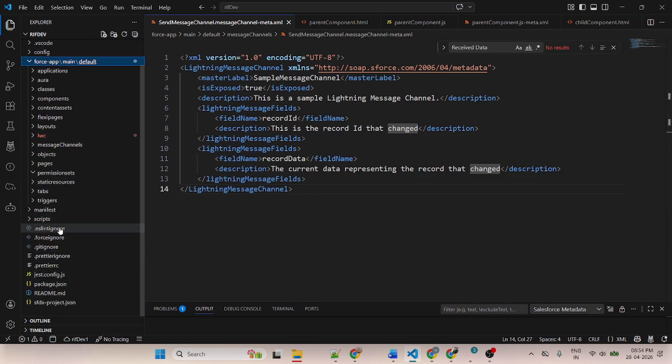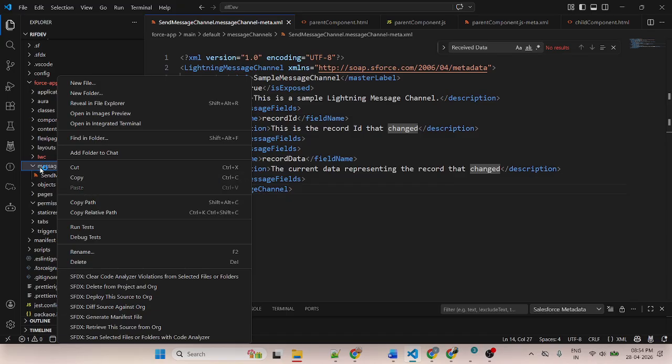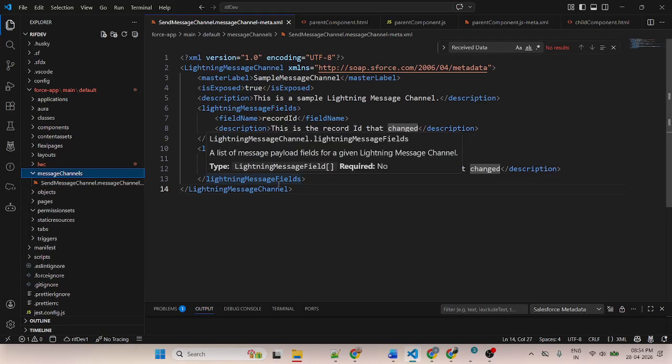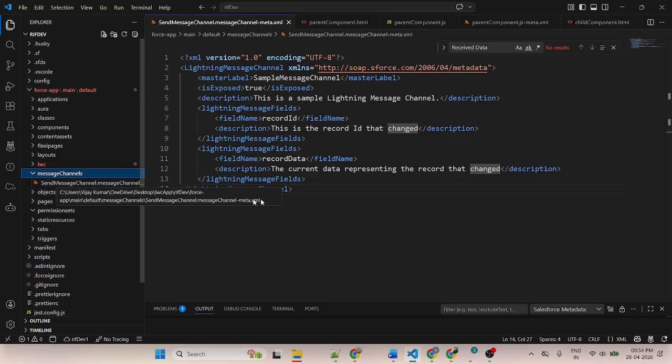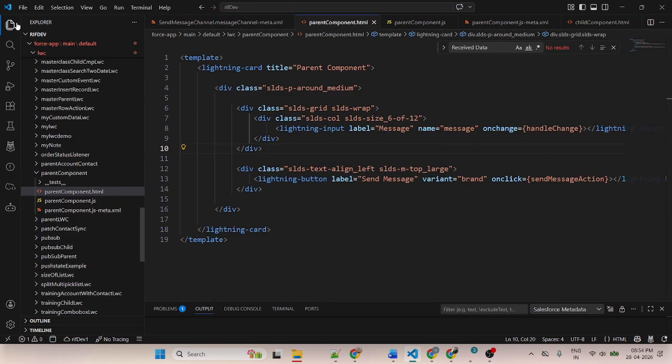If you want to create inside the folder, simply right click, select new file and add the name here. Understood, sir. So you can create multiple Lightning message services as per requirement, but the structure should be the same. The folder name should be messageChannels. It is mandatory, but the file name is not mandatory. You can put anything. Okay, got it.